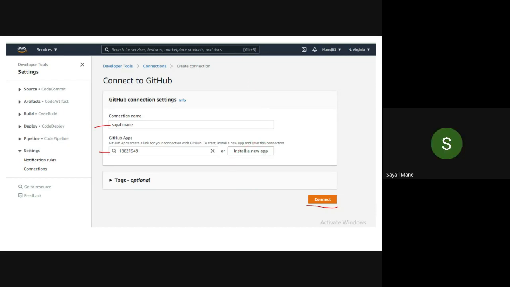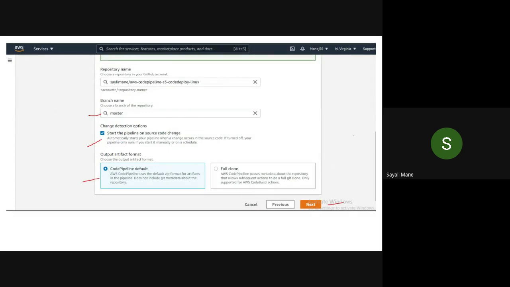You got the code also. Should we click on next? You have to take a screenshot of it. Highlight your repository name, branch name, and this CodePipeline default. After that, click on the next button. And just wait for your friends, and see which error they are getting.